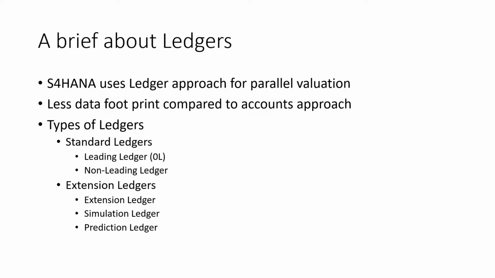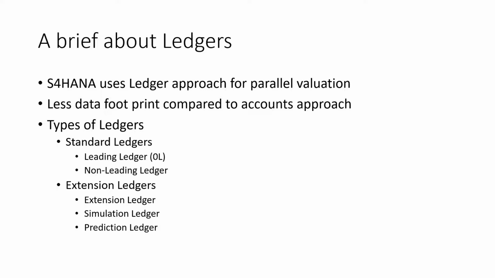We discussed that a simulation ledger is used for the foreign currency valuation simulation run. When we perform the simulation run, the values are stored in a simulation ledger, and these values can later be deleted or overwritten and again stored onto a standard ledger. For example, if you want to run a simulation run a second time for foreign currency valuation, then whatever values were stored onto the simulation ledger in the previous run can be overwritten.